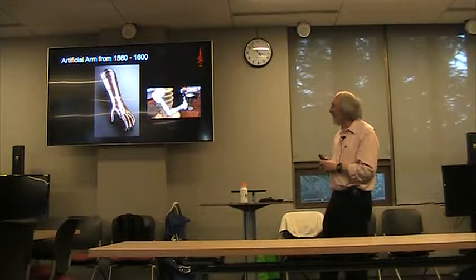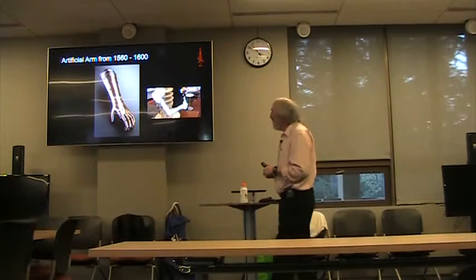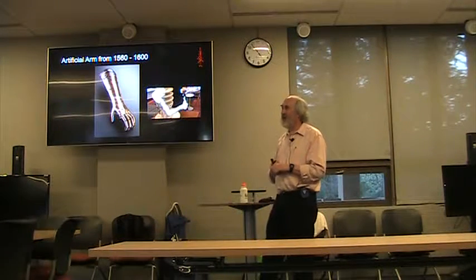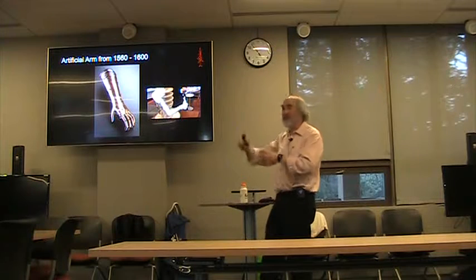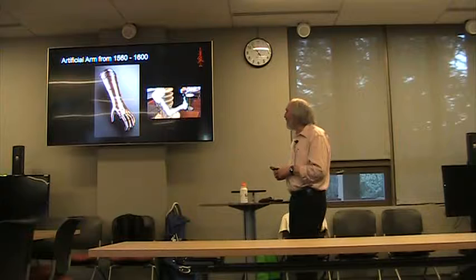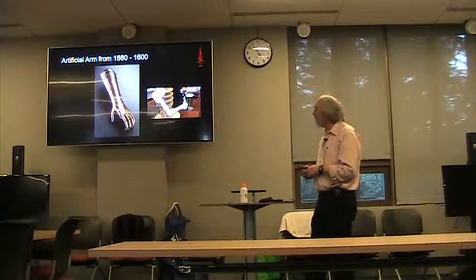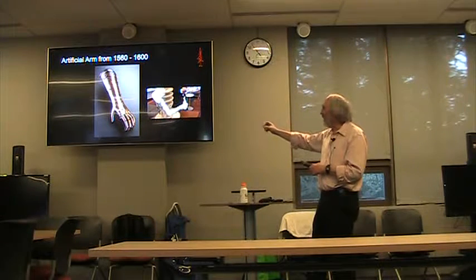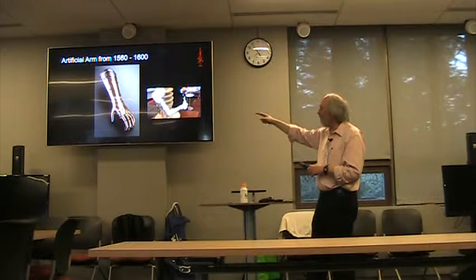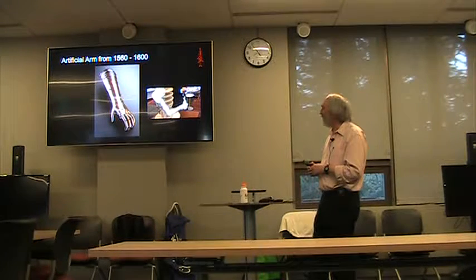Artificial arms. So if you lost your arm in battle, you can have one of these prosthetics put on and get some protection as well. And it looks like there's just one way of moving the fingers, and it looks like the thumb is solid, so you can't move that.